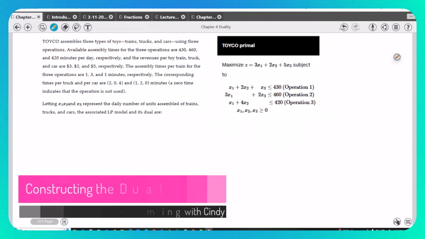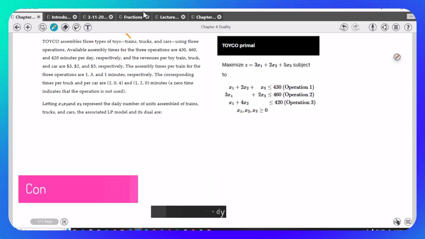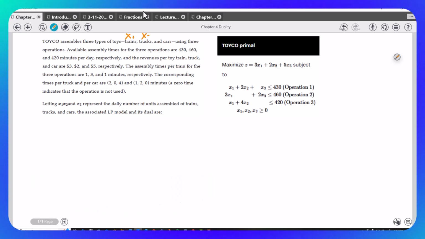All right, here we have this example of the three types of toys: the trains X1, trucks X2, and cars X3. And I'll leave it up to you to read through this to see how I came up with what we're maximizing. So in this case, we're focusing on maximizing profit by determining the number of toys to produce. And what we want to do is write this